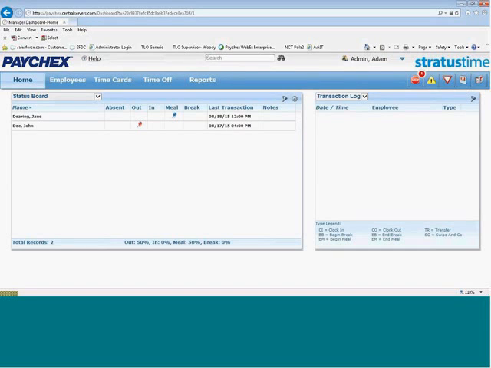Under the manager dashboard, you will see a series of tabs. The current tab we are viewing is known as the Home tab. And under the Home tab, there is the Large widget and the Small widget. Right now, the Large widget shows the status board. The status board shows